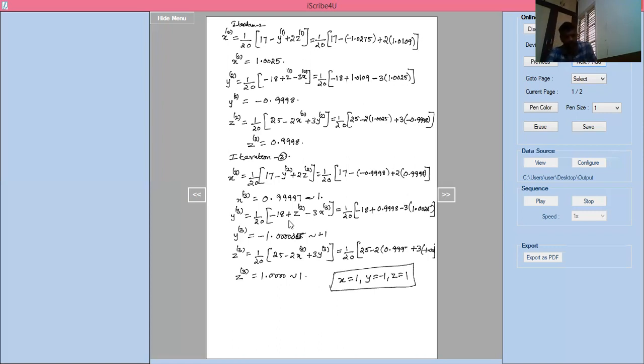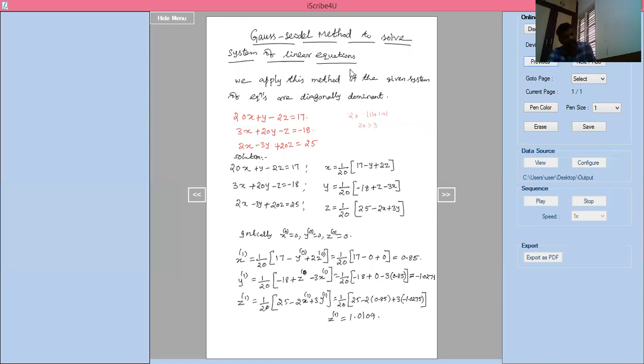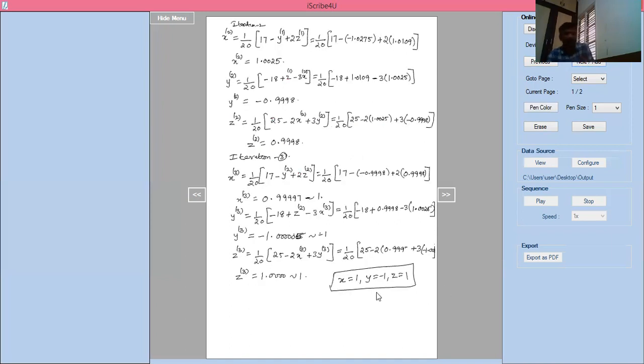But here, we are stopping in 3 iterations, because if you check the equations before starting, you will see that the solution should be 1, minus 1, 1. If you simplify the equations also, you will get the solution 1, minus 1, 1 only. So that's the way I'm stopping the process here. If it does not come to the exact solution, then sometimes we can go for the next iteration also. It is preferable to go for 4 iterations, but here we are stopping since the calculated solutions are nearing the values. Otherwise, you can check the previous iteration values with the existing iteration values. Almost it is nearer to those values. That's the way I'm stopping this program.